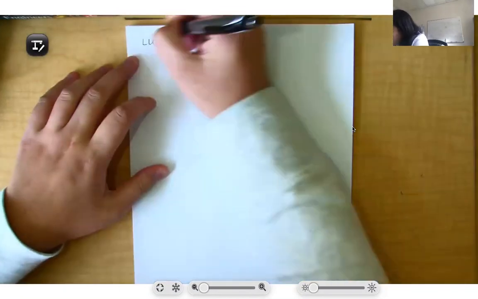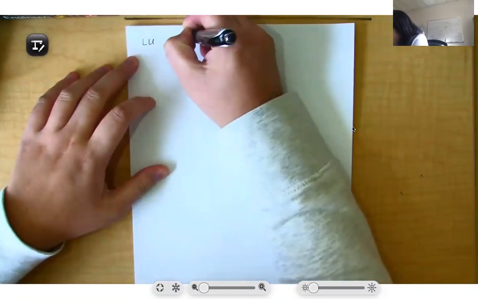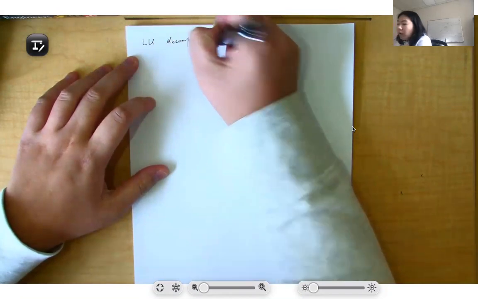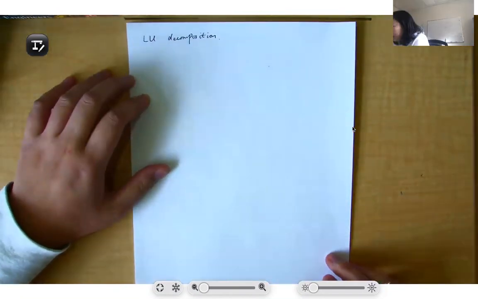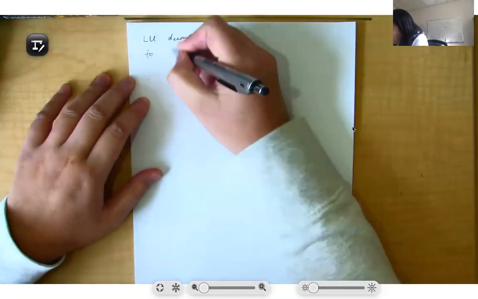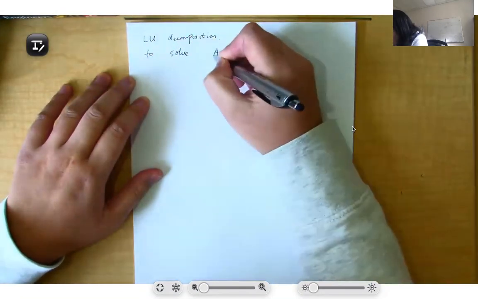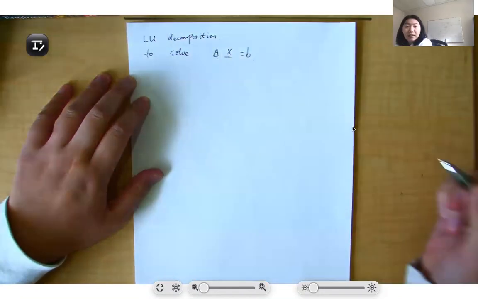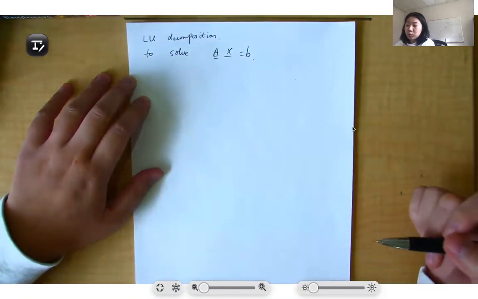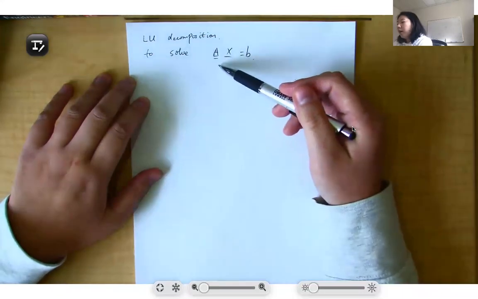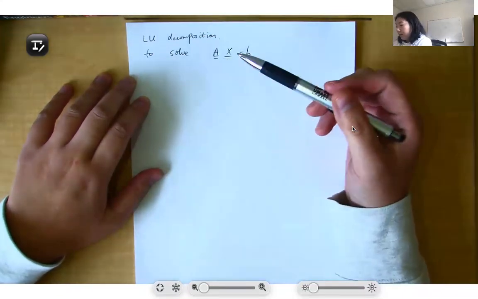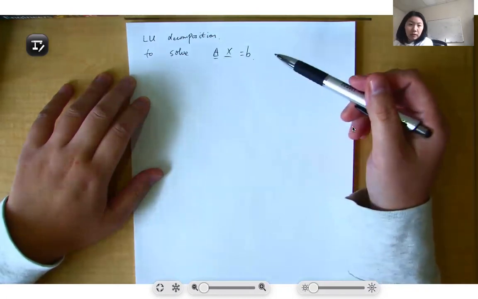Another method for solving the linear algebra equations directly is called LU decomposition. What is LU decomposition? To solve AX equals B, instead of using row operations to convert the A matrix into upper triangular and then solving by back substitution, which is the Gauss elimination,